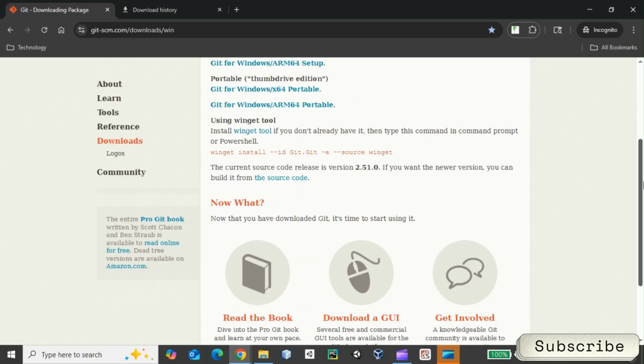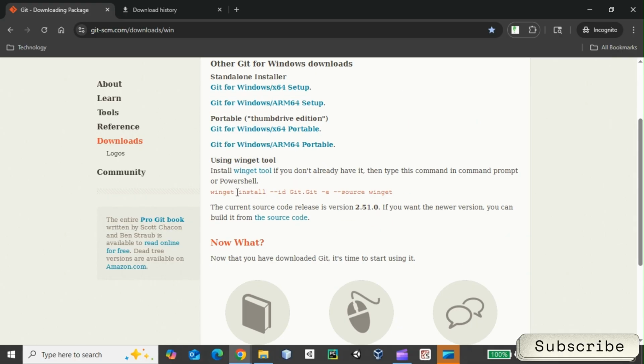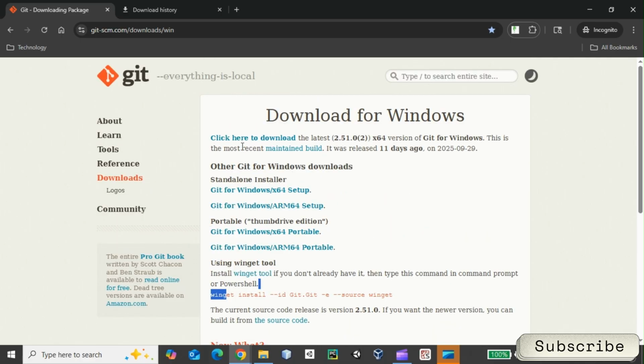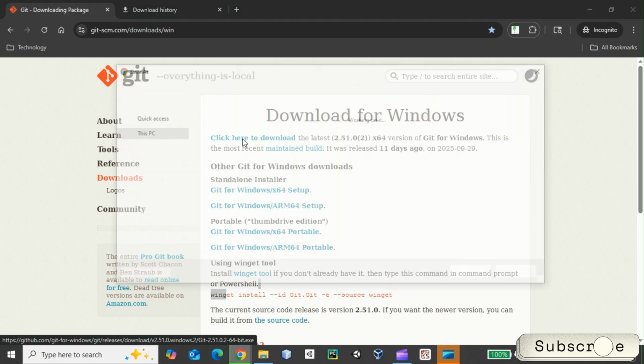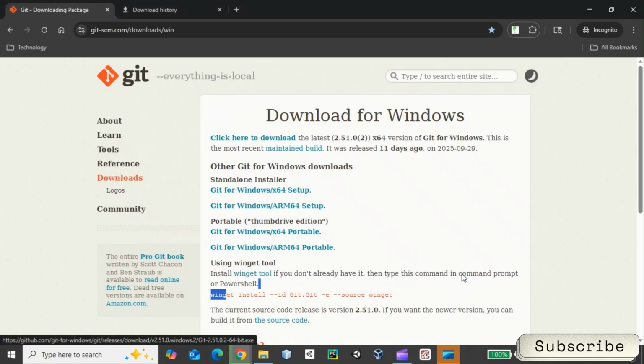As you can see, you have many options. You can just use PowerShell to download it. But let's just keep it simple. We are going to do it manually today. Click here to download, and then you can choose a destination. I'm going to save it right here,